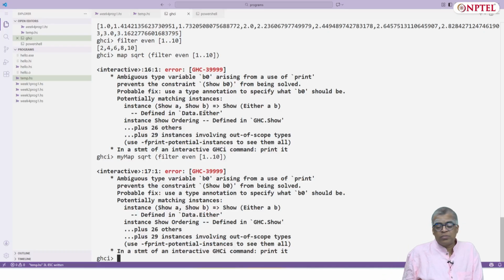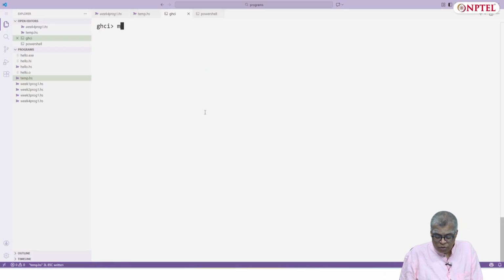Okay, so sometimes GHCI will complain, and all you need to do is provide a type of whatever result you want. So let's go here and say that what I want is a list of double as the output.